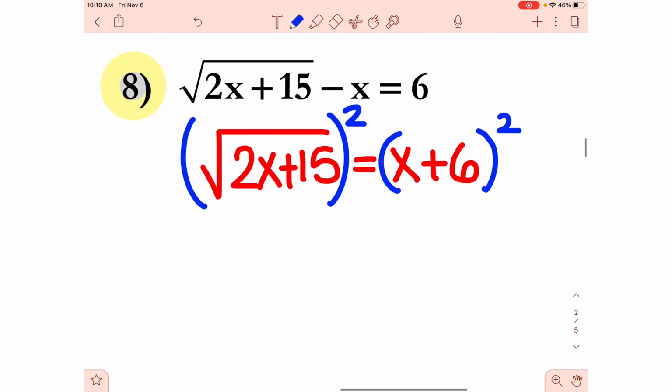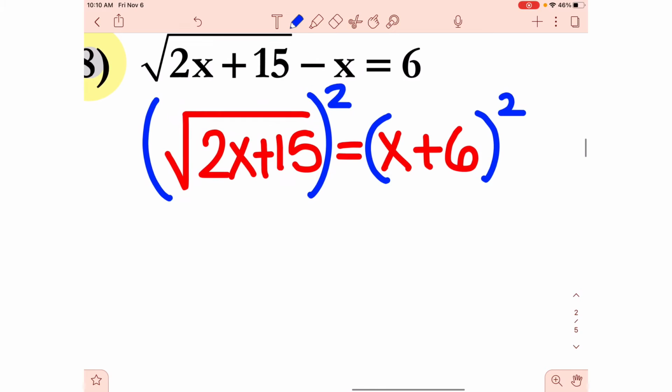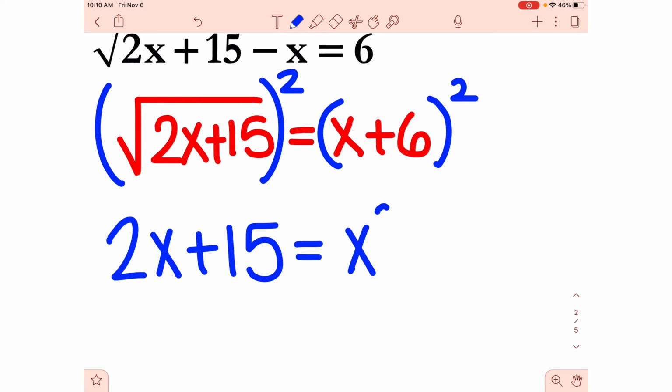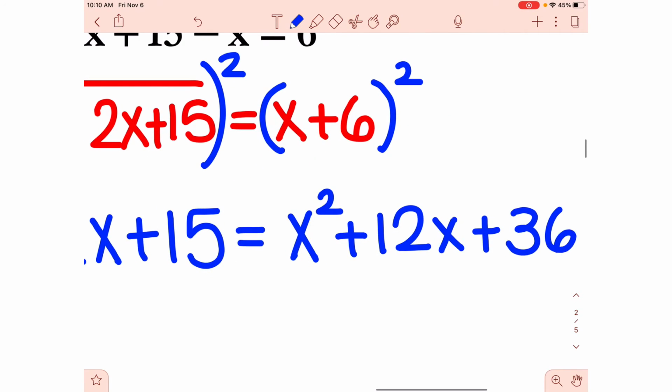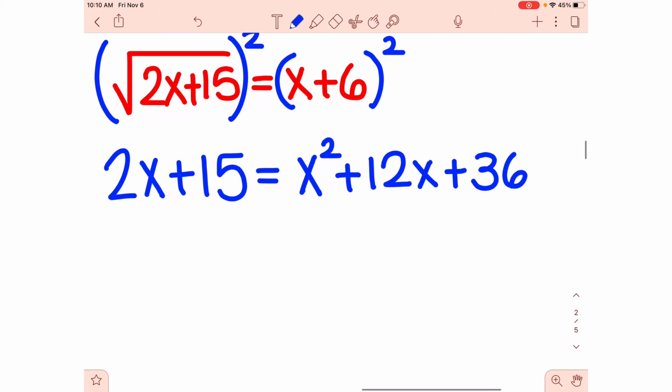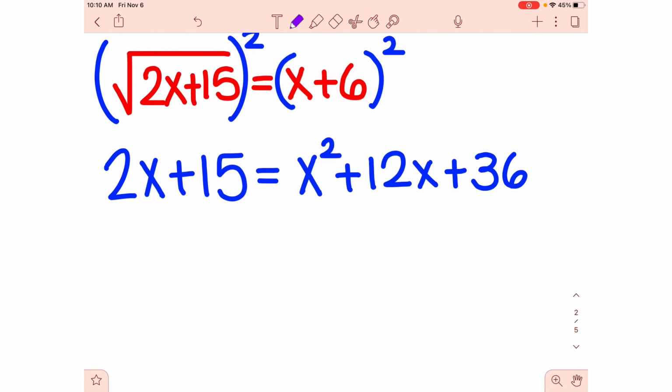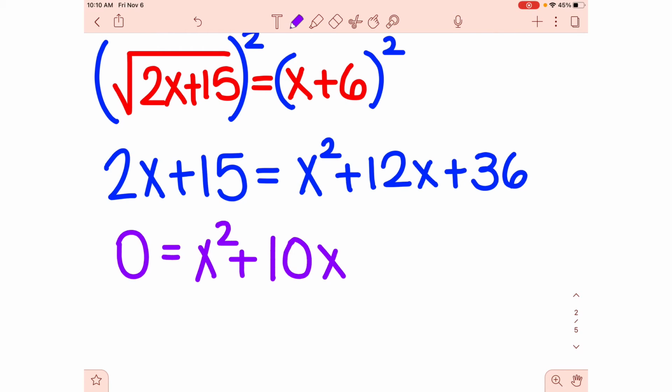But when I square the right side, I have to FOIL. So on the left, the square root cancels, and I get 2x plus 15. On the right, I have to FOIL that out, which is going to be an x squared, 6x and 6x will combine to 12x, 6 times 6 is 36. And then next, I'm just going to move everything over to one side, factor, and solve. So I get 0 equals x squared plus 10x. I subtract over the 2x, and then